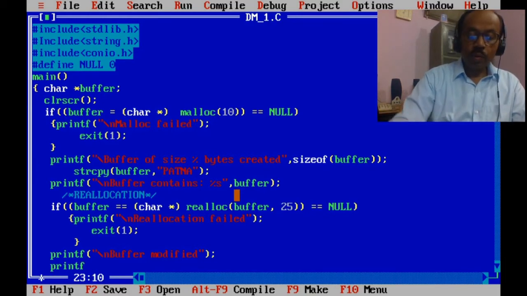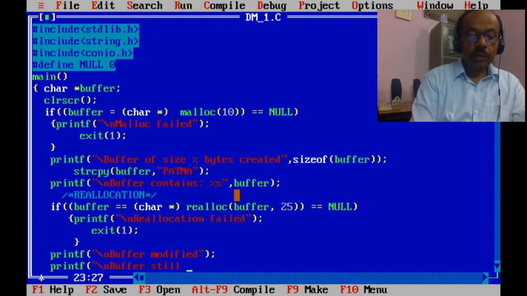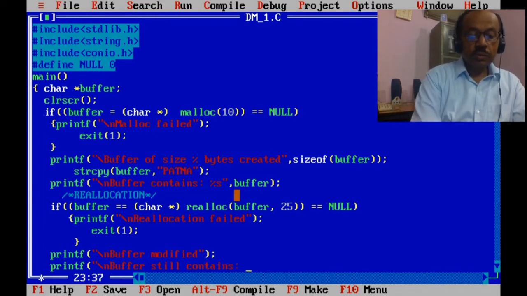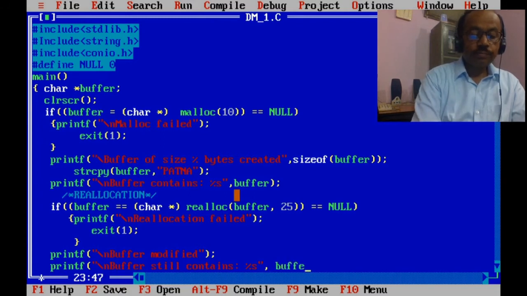Printf, buffer still contains, the format string here, and the variable name buffer.